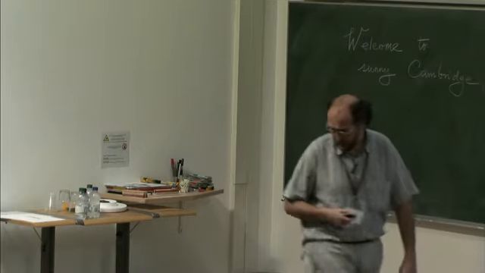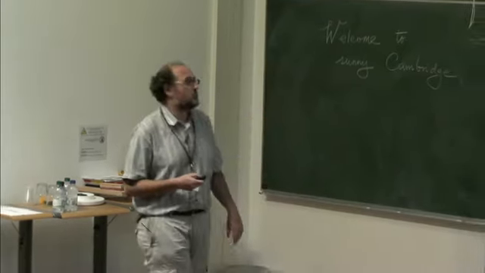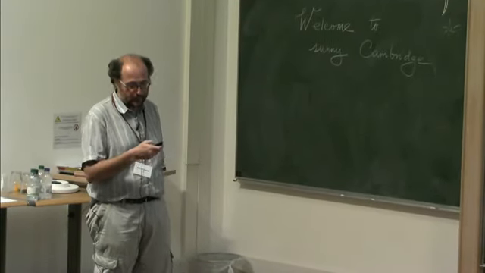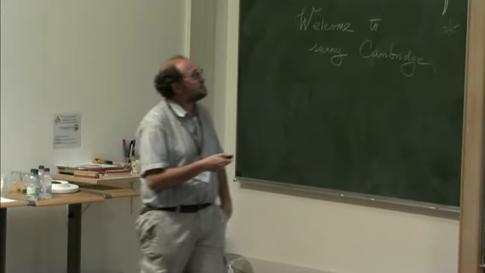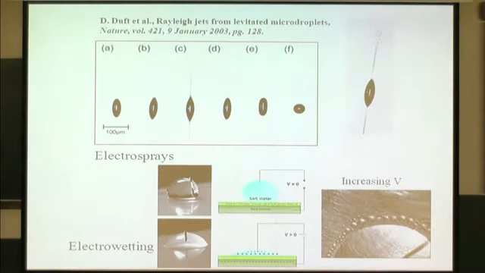So let me introduce my talk by showing you these two experiments. Actually, this is going to be the main topic of my talk. This first experiment describes what happens when a charged drop becomes supercritical. Typically you think of drops levitating in the air as spherical objects, right? Because you want to minimize the total area.